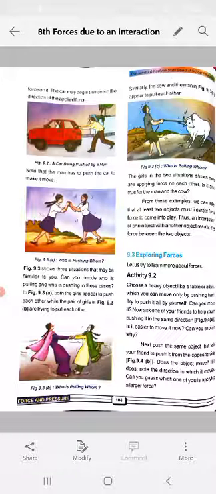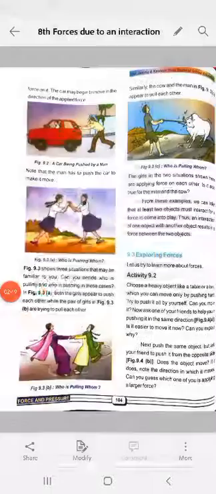Neither the car will move nor the person will do anything. But when the person pushes the car,